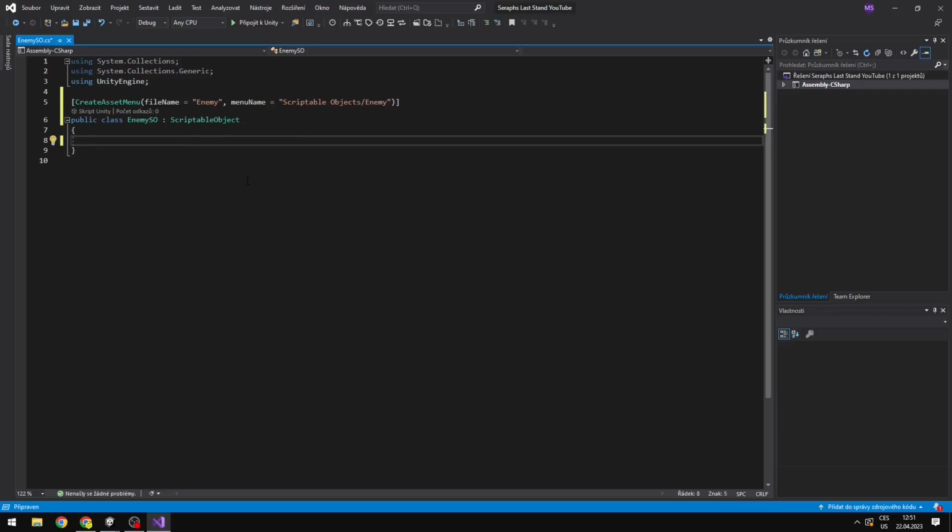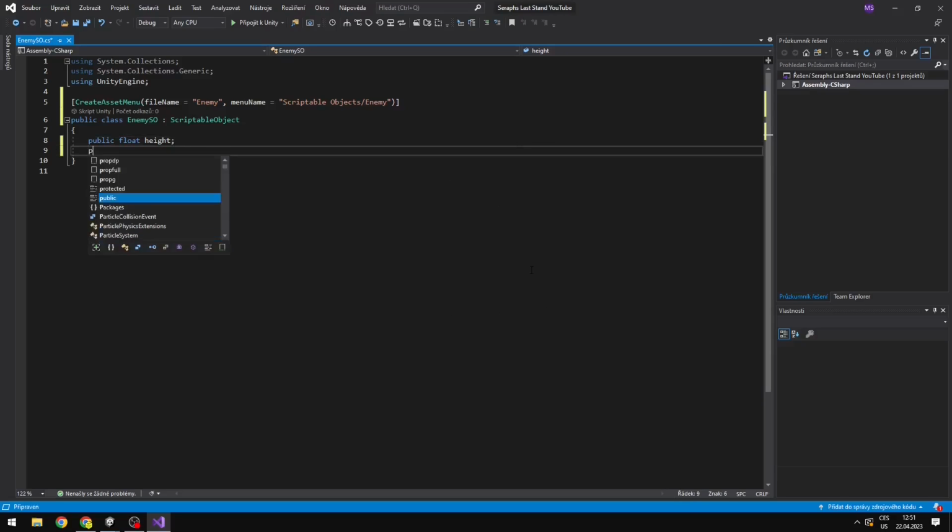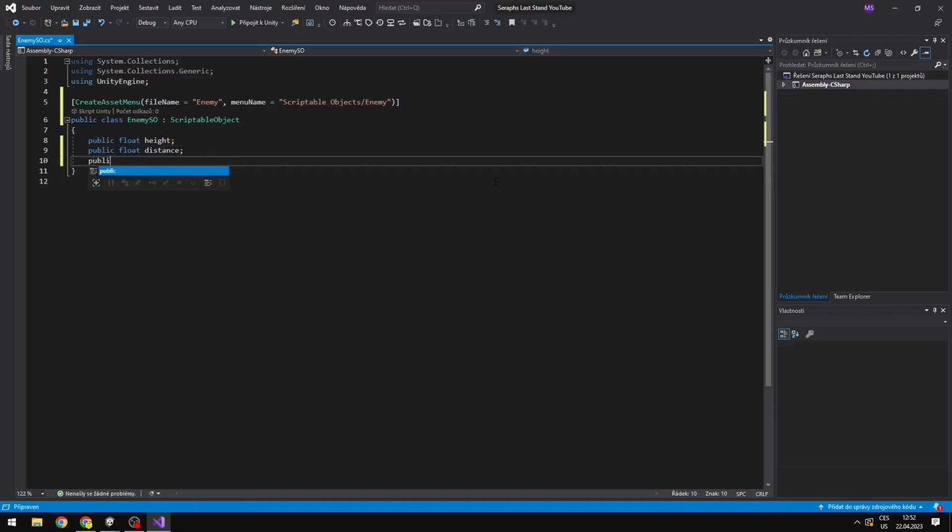So I will add a public float, which will be for the height in which the enemy should be moving, because every enemy can have a different height. Some enemies might be higher above the player, some might be lower. Then I will add public float distance, which will be just for the maximum distance between the enemy and the player. I will add another public float for the health max, float for cooldown of the shooting,